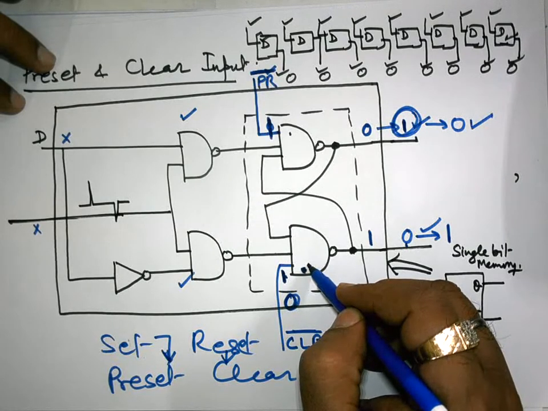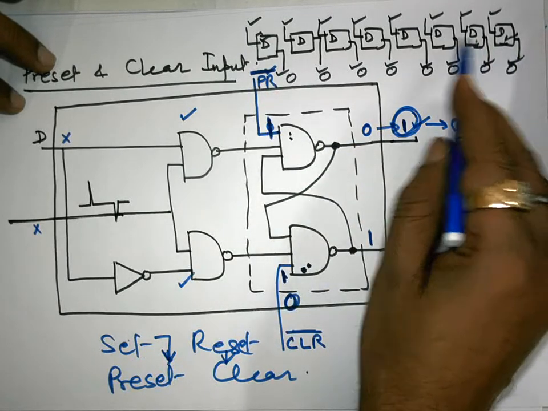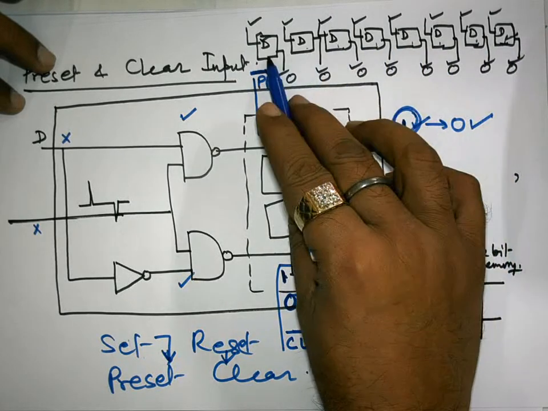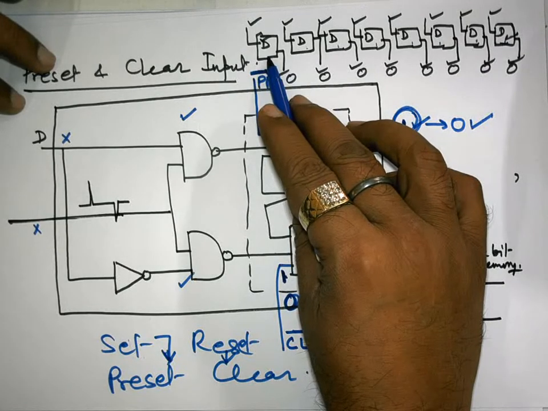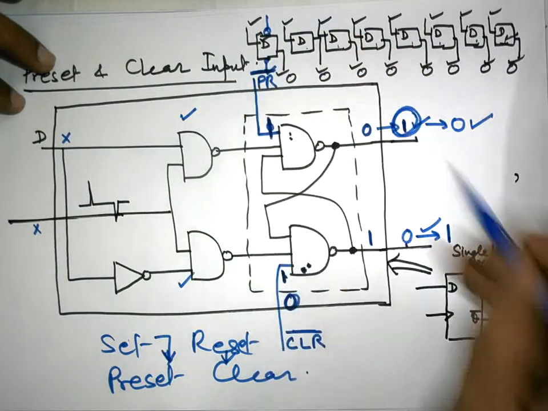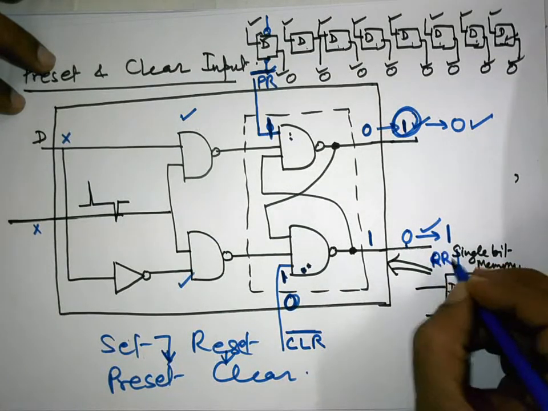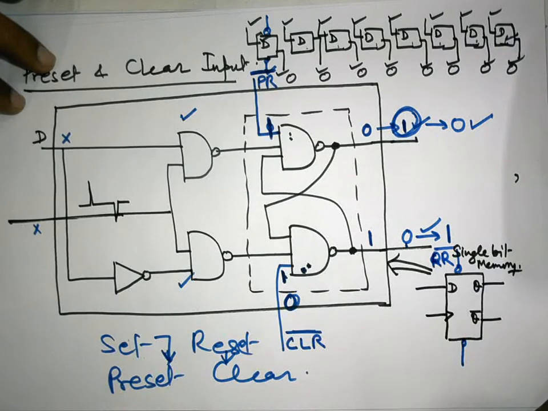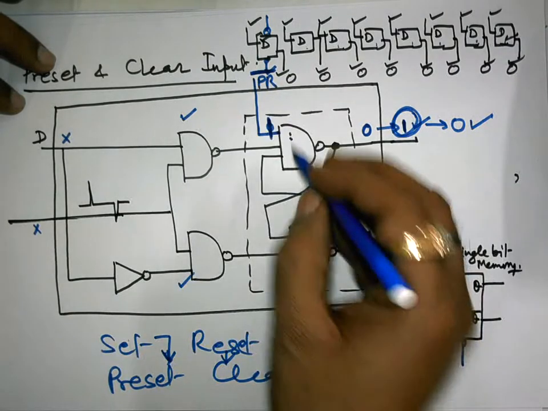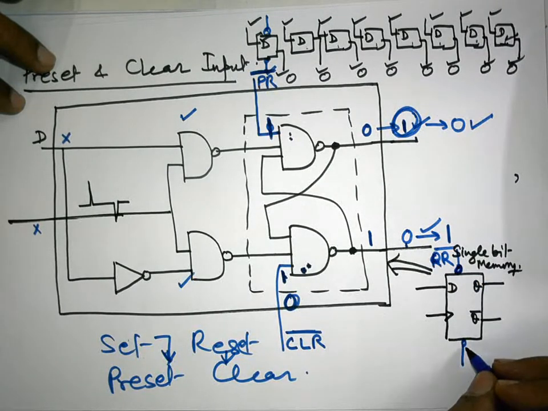Because it has now a different application. It is used to preset all such D flip flops in a single action, not a clock tick. Why? Because we have now a preset input and clear input as well for these D flip flops. If we insert an input like this, definitely we have the pins corresponding to this preset pin and clear pin.